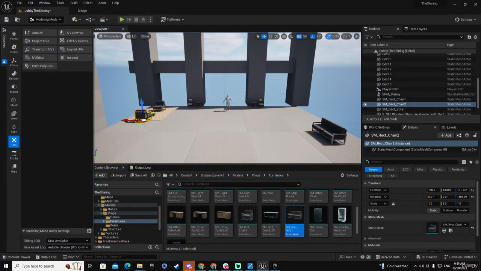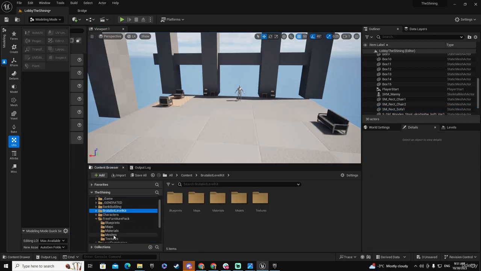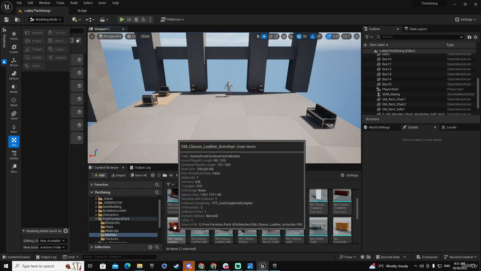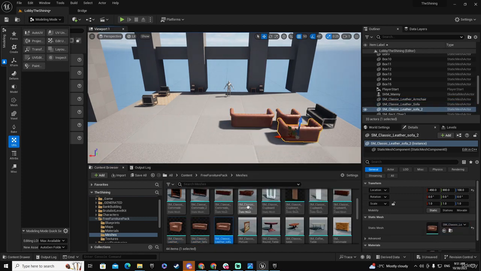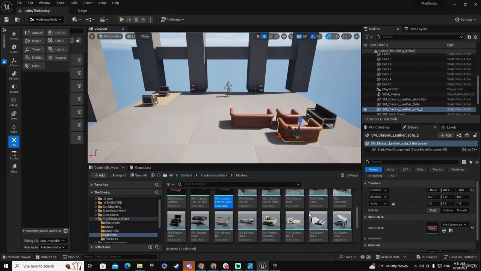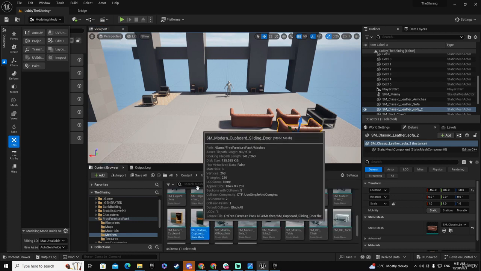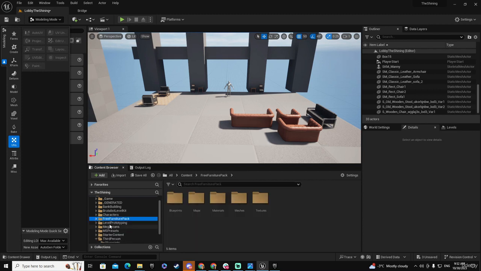I'm going to start adding other elements. For example, let me see if I have, in the other one, this is the only extra couch we have. Let me take a look at this one. Oh, these couches are very good. Let me add them here. This one and this one. Really great. Couches, though, are pretty cool. Okay, so we have the free furniture,